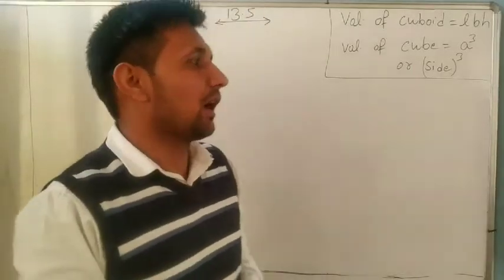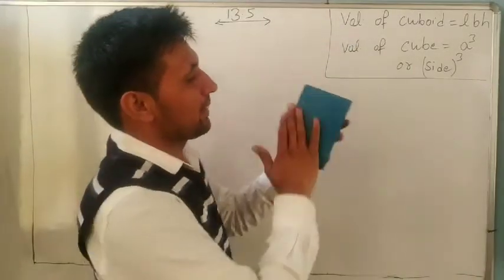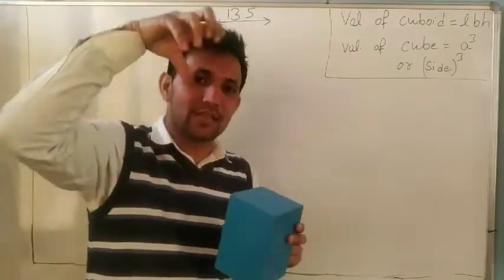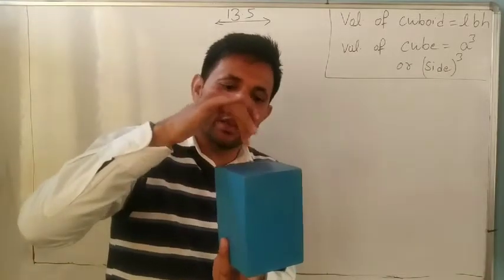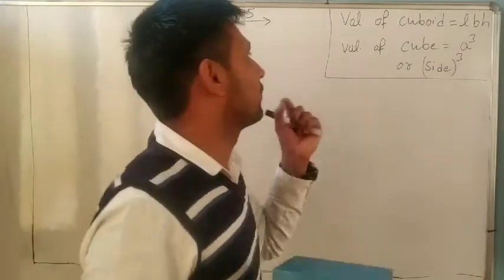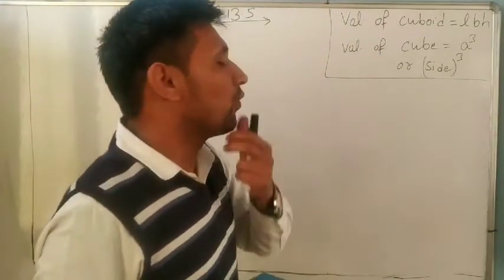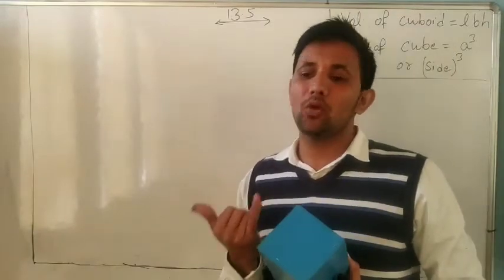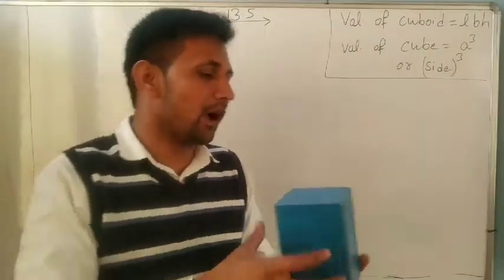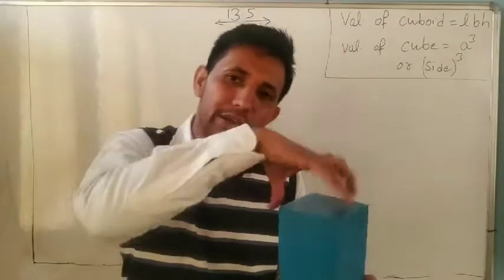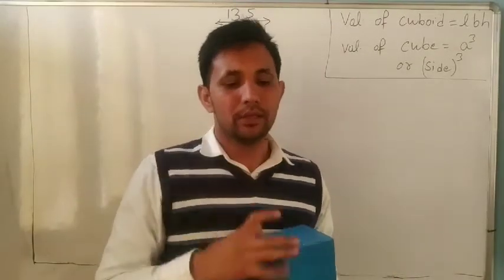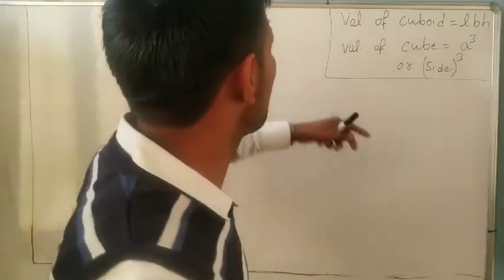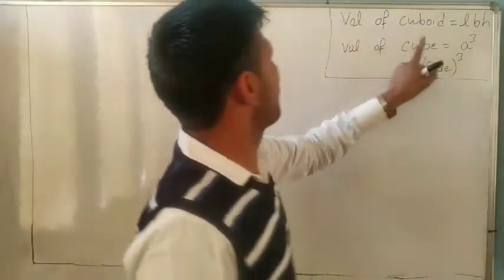Understand or not? Always remember, surface area is the outer area, but volume means inside. How much water it can hold. So the capacity of the cuboid or the cube, or any figure, means how much water or milk it can hold. So that is volume. The water we put in a glass is volume. So remember this: the volume of a cuboid is L B H, and the volume of a cube is a cube.